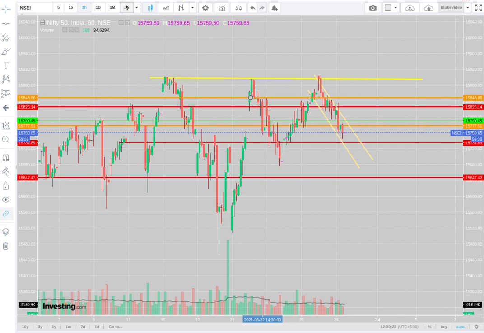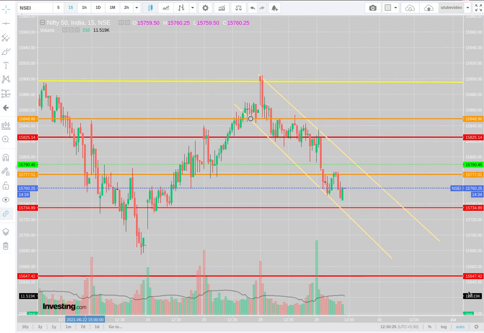this 734, let me go on a shorter time frame. So you already do know that 735 is a very good support, so you can go and buy the 750 call, and you can hedge yourself, because the support is going to come, and you can hedge by selling an 850 call. So if you follow these levels, and the thing is, when I drew these lines,